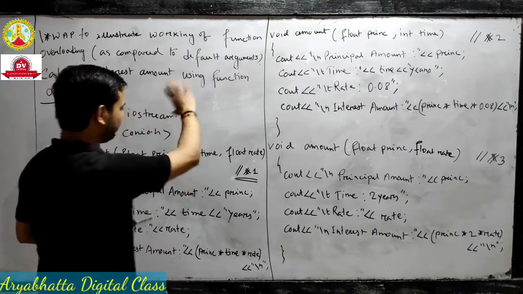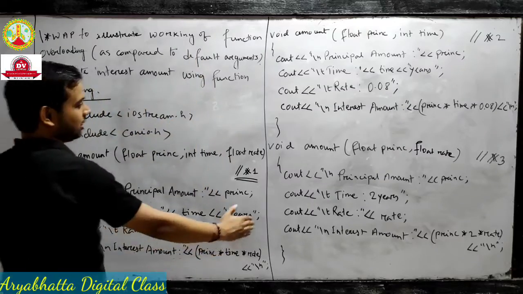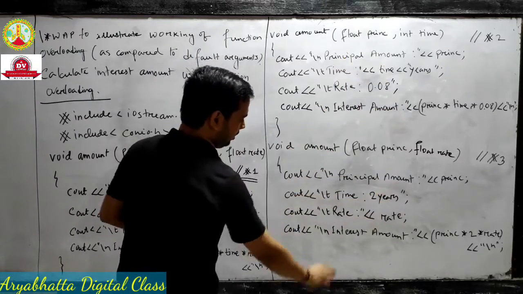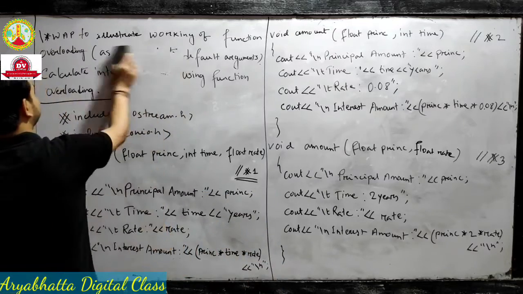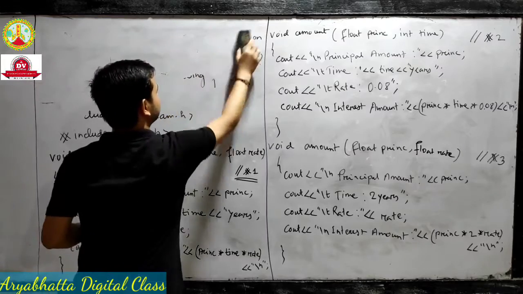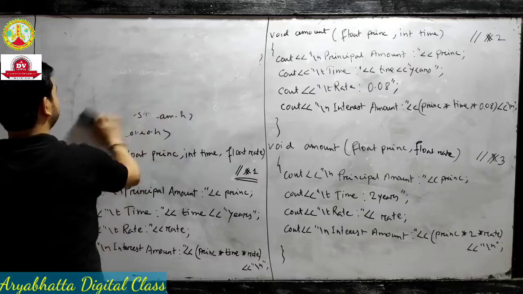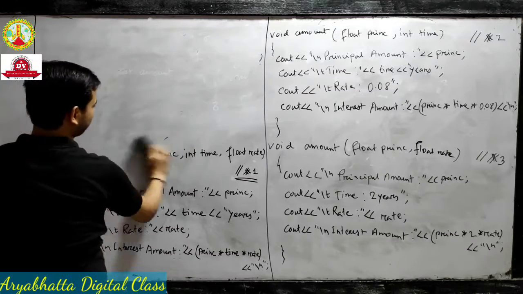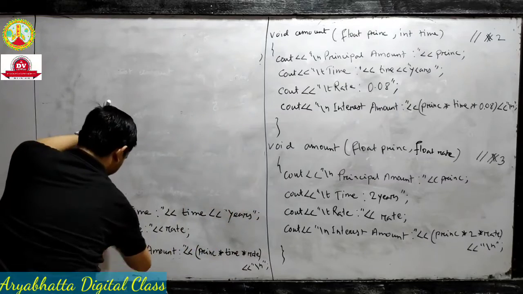You note down this part and write it below. First of all you write this, then below this you copy, and below this section I write here because there is not enough space. This is a very long program. You see, I erase it. You note down from the beginning. This is very important because this type of program comes in the practical exam also. That's why it is very important.